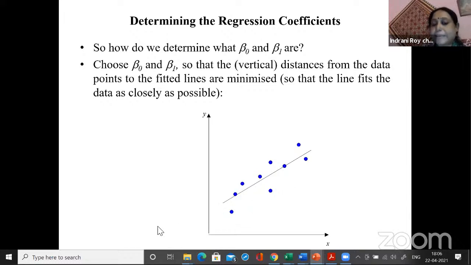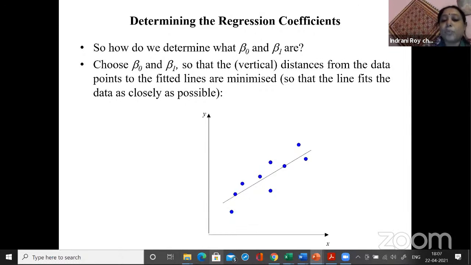And the slope is basically, if you extend the line, the angle which it makes from the positive direction of the x-axis. Okay, so this is your beta 1. Once you know these two values, you can actually claim a line which is a unique line, and you can claim it as the best fitted line or the regression line. So the next step is to estimate this beta naught and beta 1.